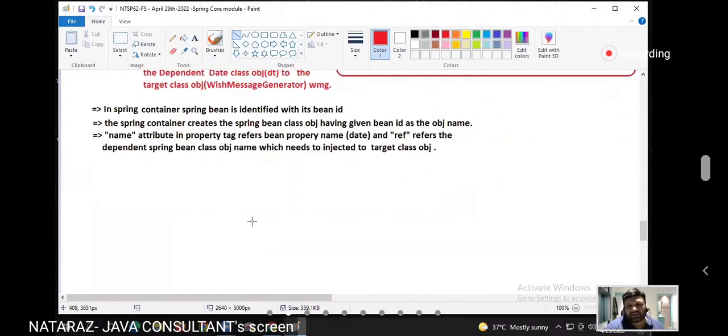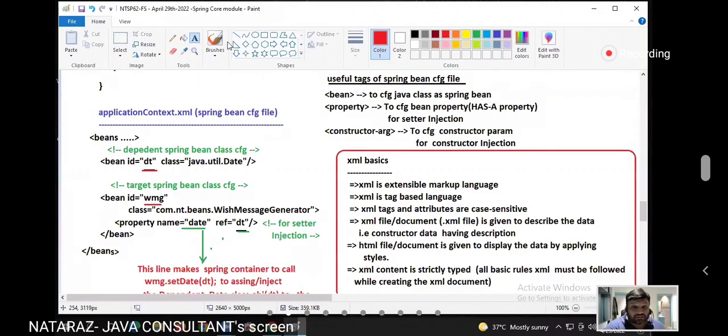Now listen carefully. Shall I go to testing, boss? Let us assume this is also kept in a package, guys. This is the fully qualified class name. Why? Two or three packages may have the same class name. You should give clarity on which class package you want to make a spring bean.